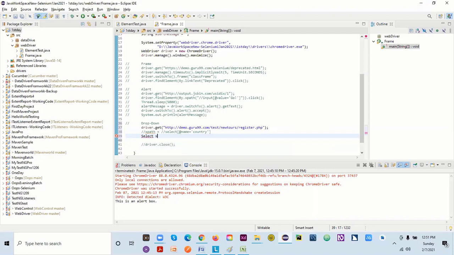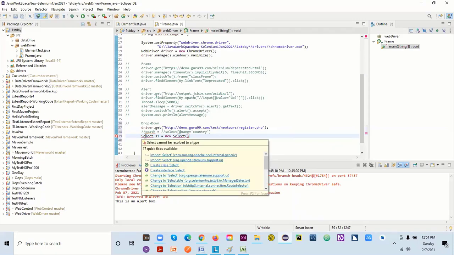So I can say S1, and then I can say new Select, and I'm passing some value here. So let's see what this actually is. It's saying that you have one class inside a Selenium jar file, but you need to import it. So I will be importing that here.